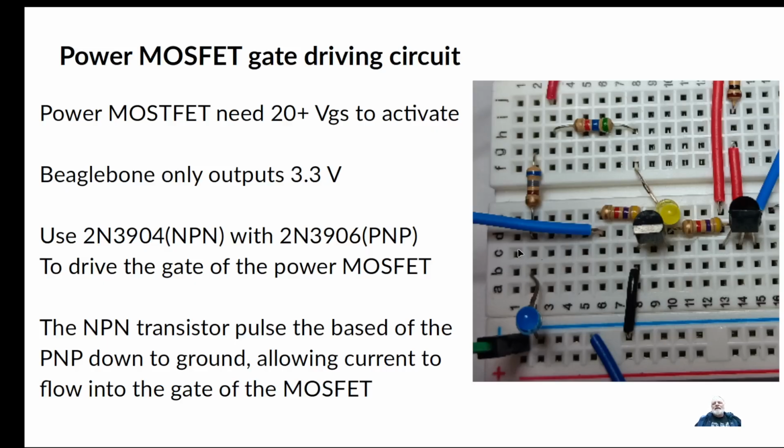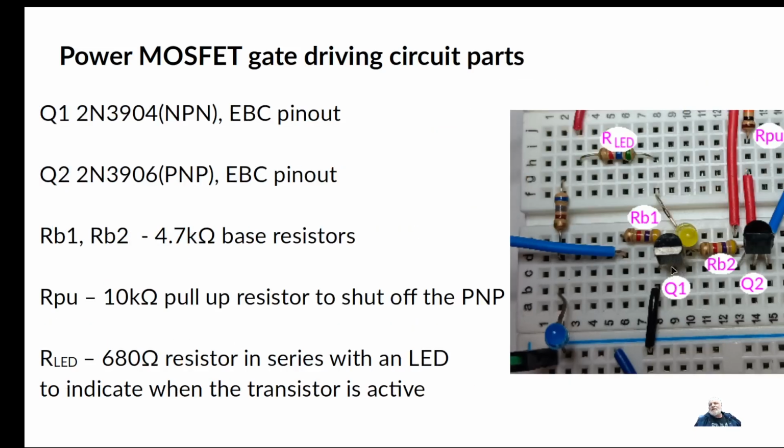The other thing we're going to do to power the heat box: we have those power MOSFETs in there, and they need about 20 or more volts on the gate to actually turn them on. So we can't power those with our Beaglebone, which only outputs 3.3 volts. What I have here is a picture of an NPN and a PNP transistor set, Q1 and Q2. These are a 3904 and a 3906 paired set of transistors,